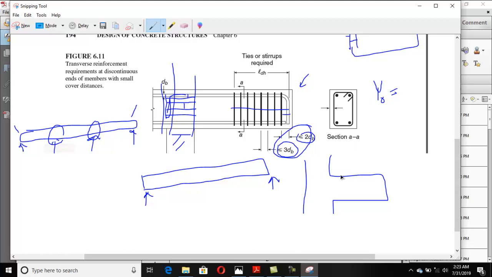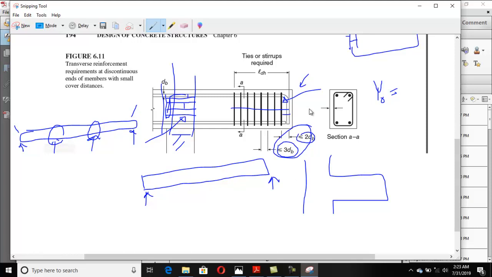So sometimes this is a parallel arrangement and this is a perpendicular arrangement. You will see this when we discuss those ACI criteria, with perpendicular arrangement stirrups and parallel arrangement. So this is parallel and this is perpendicular. Remember that